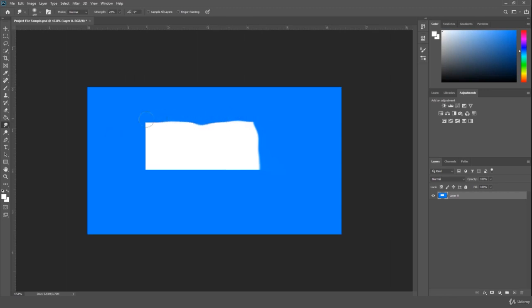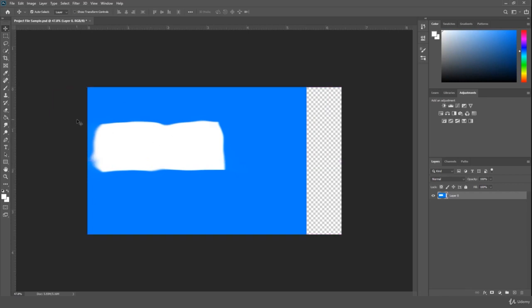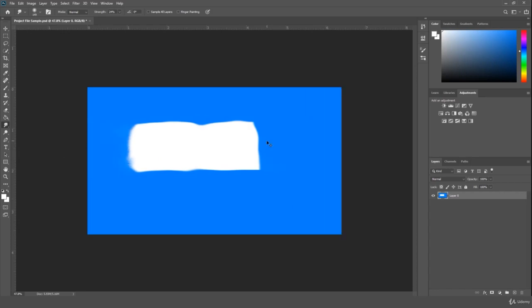And this is pretty cool for maybe some backgrounds and stuff like that. A lot of the time, maybe we'll have an object that I want to push off the screen or something, so I can use the smudge tool often to kind of push it off the screen, if that's making sense. Like, for example, if that object was right there and I wanted the white to fully go off the screen, a lot of the time using the smudge tool to kind of bring that off is kind of a cool little strategy. But I'm actually just going to go ahead and press Control Z, undo all that, bring it back,